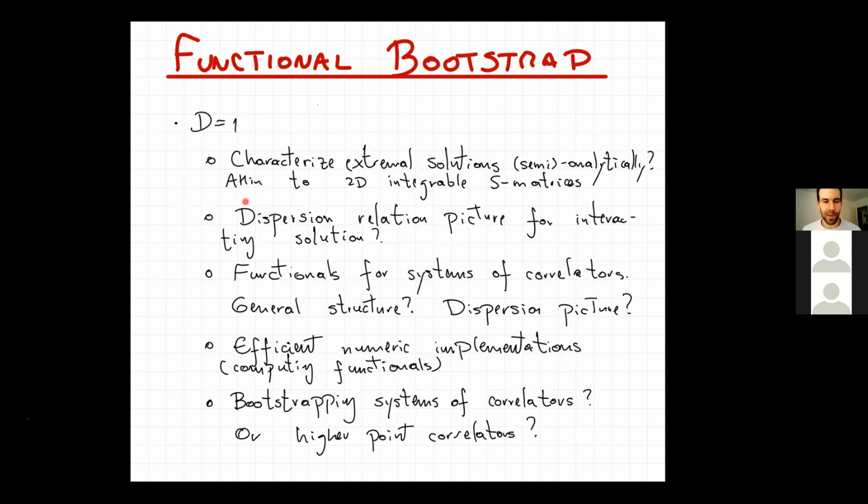There are theorems in complex analysis that tell you that certain functions of z with certain analyticity properties satisfy these dispersion relations. And you may wonder, what other kinds of dispersion relations could there be? Because what we expect from the functionals is that if we have an extremal solution and the set of functionals which are dual to this extremal solution, and if you look at the master functional for that solution,